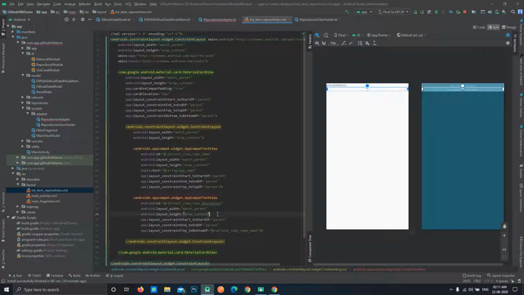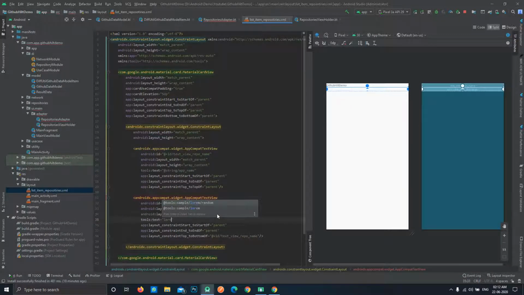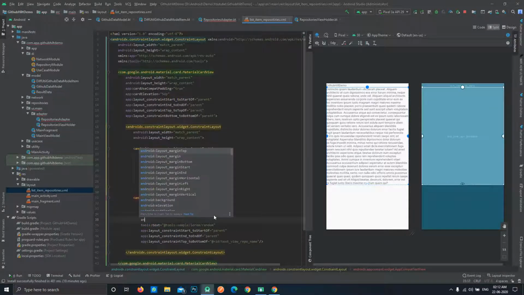Tools text, let it be lorem ipsum. So here we are using text with tools, not with Android as our standard.